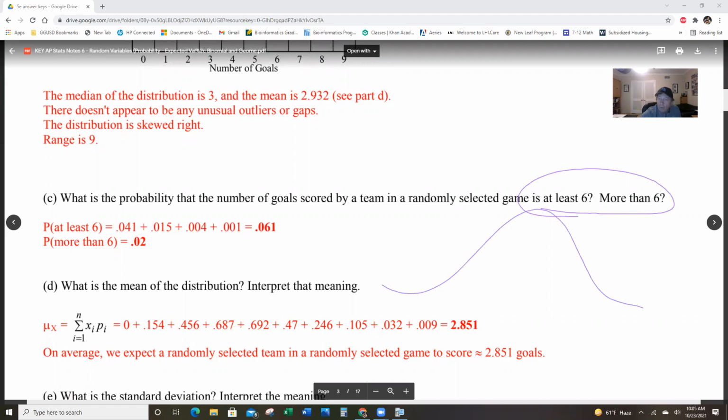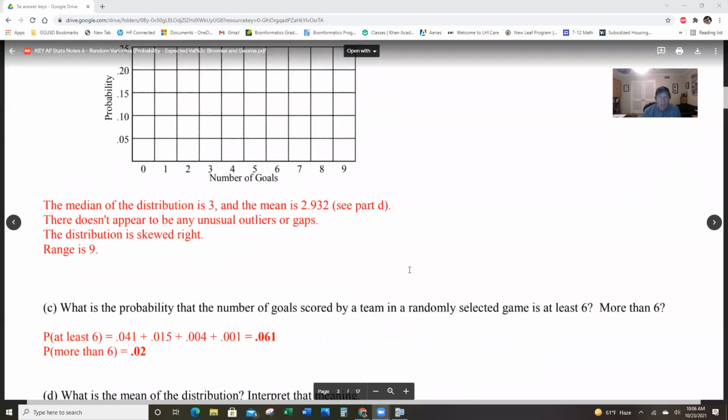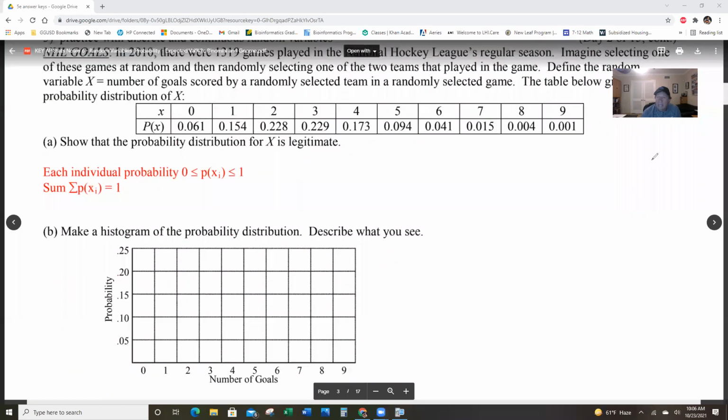In a continuous curve, at least 6 and more than 6 is the same thing because we don't differentiate, because it's a continuous curve. So in a normal curve, that's the same question. In a discrete curve, it's different. So at least 6, more than 6, no problem. And I'll get it up here. At least 6 is 6 or more, so it's adding these 4 up. More than 6, of course, is the one in red right here. These 3 added up. Again, those are different questions in a discrete variable with a chart, but it is the same question in a continuous random variable.